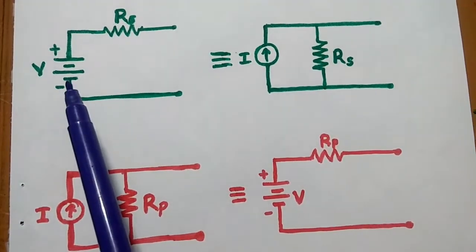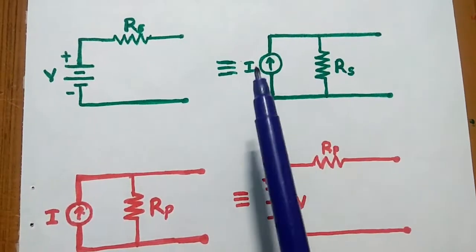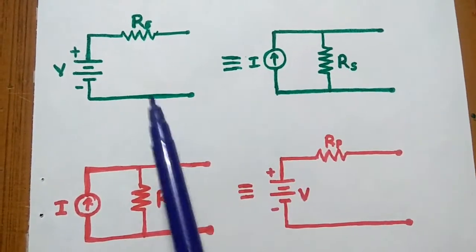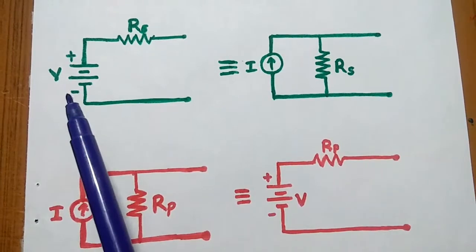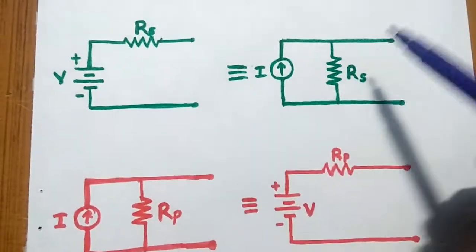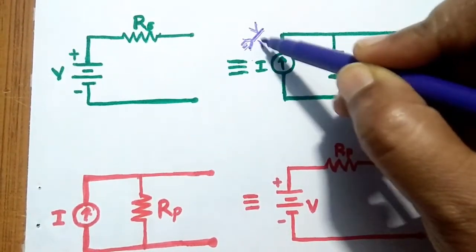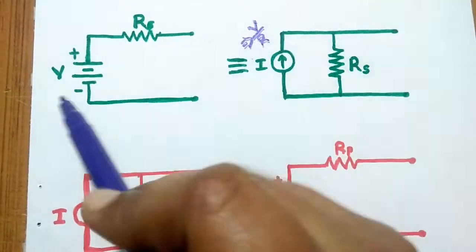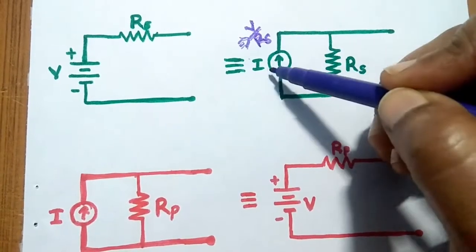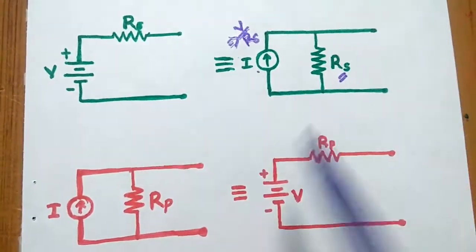Voltage source is always connected with the series resistance. Current source is always connected with the parallel resistance. Okay, so this is the representation of voltage and current. So here voltage source is given means we can obtain an equivalent current source by taking the value of I equal to V by R. What is the value of V? Whatever value is given in this voltage source divided by the series resistance. That is the value of current here, and the resistance is same as that of the voltage source.